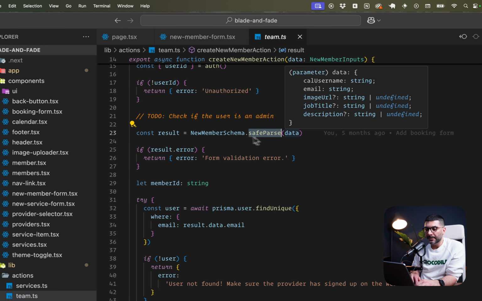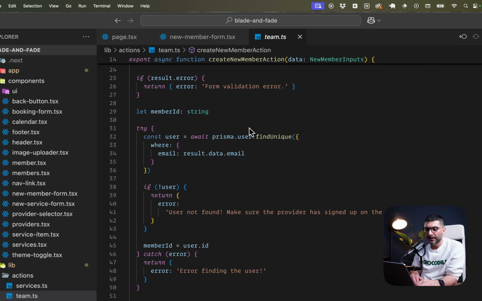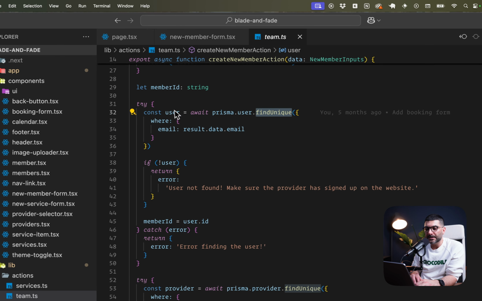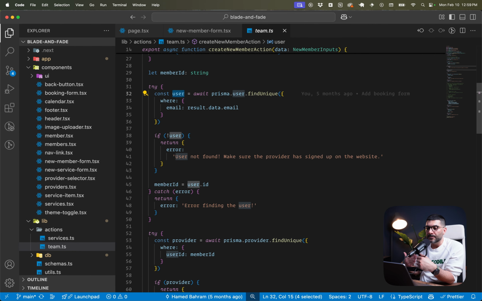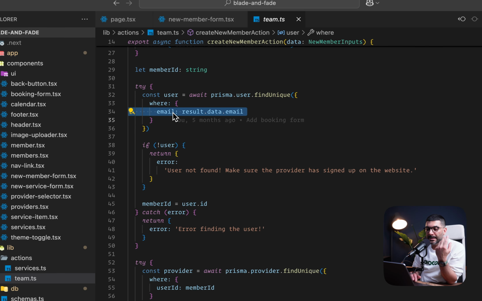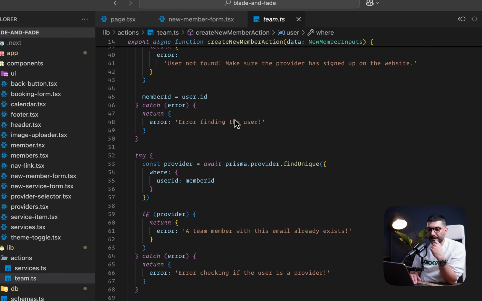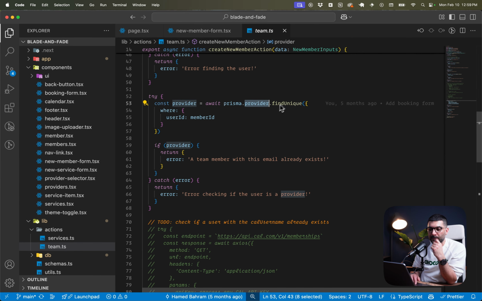So I verified that the data abides by my schema. I verified that I actually do have a logged in user. And if so, then I'm going to find this specific user, because remember, the provider that we're going to create here, or a new team member, has to actually be in our user database, meaning that they have to have signed up or created an account on Clerk, which synced it to our database to create a user inside of our user data table. We're going to find that based on their email, because that's what we provided. So we're going to get the specific user, and then we're going to check to see if a team member with this specific member ID already exists. And if it doesn't,